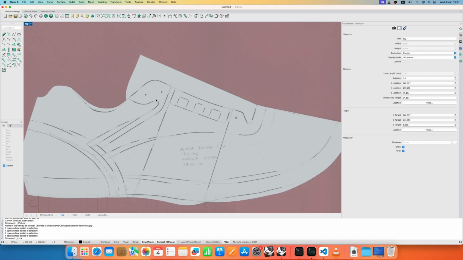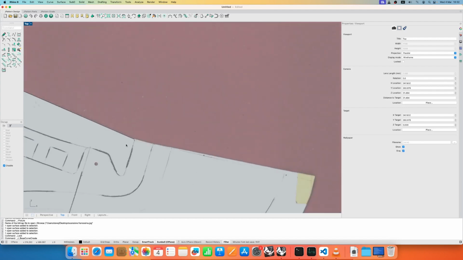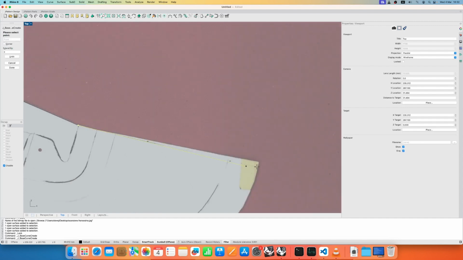And to begin with, I'm going to use this pencil tool. The pencil tool is a pretty handy tool that we have in Jevero. I am going to take it and basically start tracing some of the stuff. I'm going to make it very tight to the